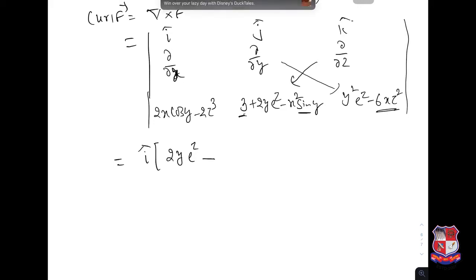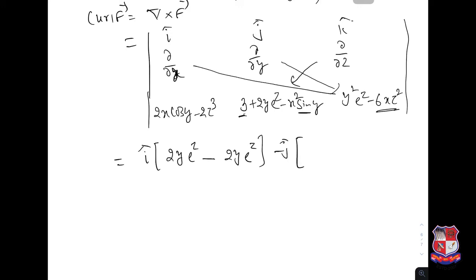So e power z is e power z, so minus 2y e power z. Then minus j del by del x of this one, y square e power z minus 6x z square. So this is derivative with respect to x, so minus 6z square, and minus del by del z of this part. Del by del z, there is no z in the first term, here minus, and already minus sign here already there, so it is plus z cube derivative is 3z square, 2 already there, so this is 6z square,